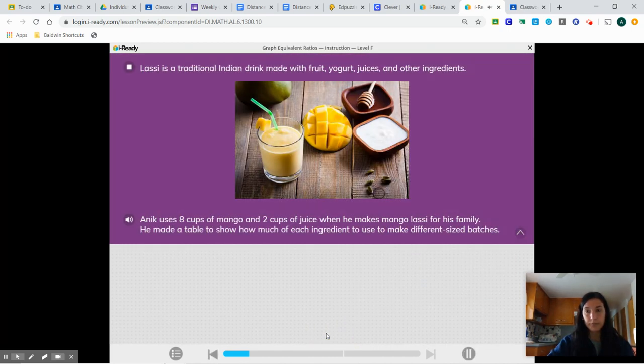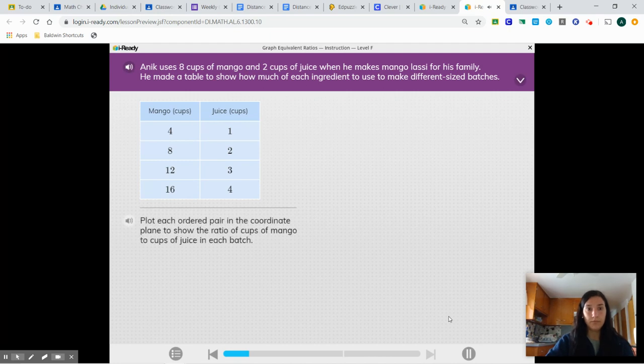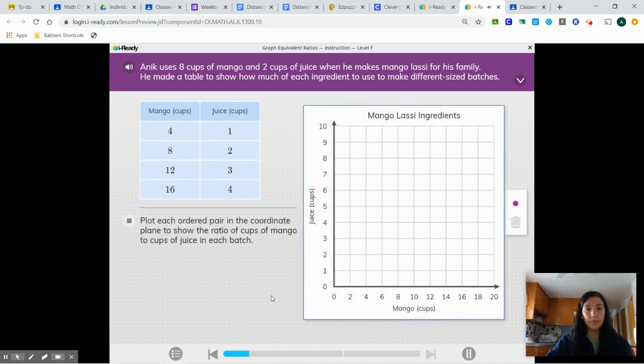Lassi is a traditional Indian drink made with fruit, yogurt, juices, and other ingredients. Anik uses 8 cups of mango and 2 cups of juice when he makes mango lassi for his family. He made a table to show how much of each ingredient to use to make different sized batches. Plot each ordered pair in the coordinate plane to show the ratio of cups of mango to cups of juice